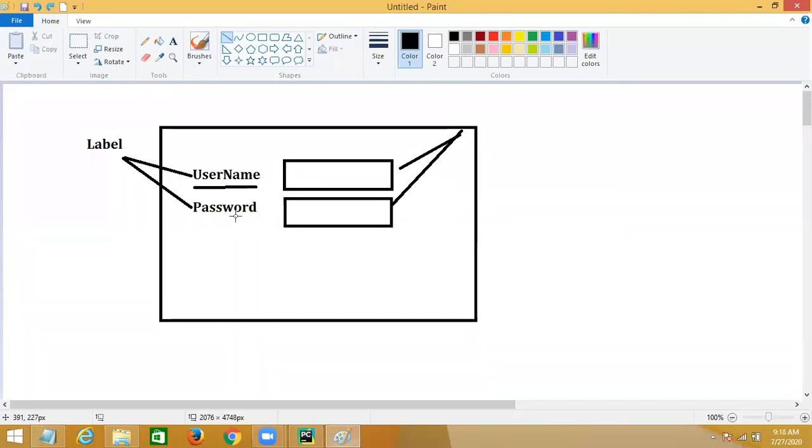Suppose in the place of the username I want to display an image. In the place of the username label, I want to display the image like this. So a label can hold an image also. Okay, so it is for display purposes.